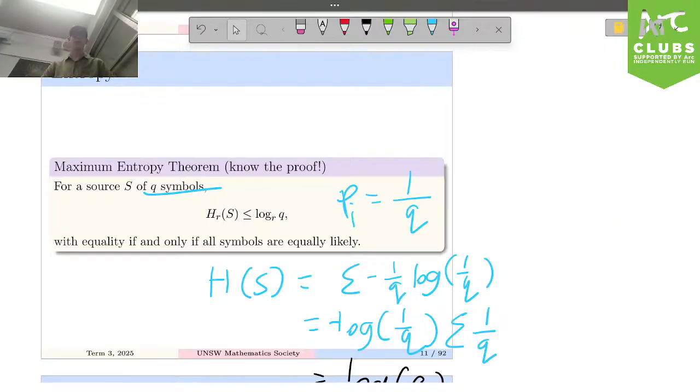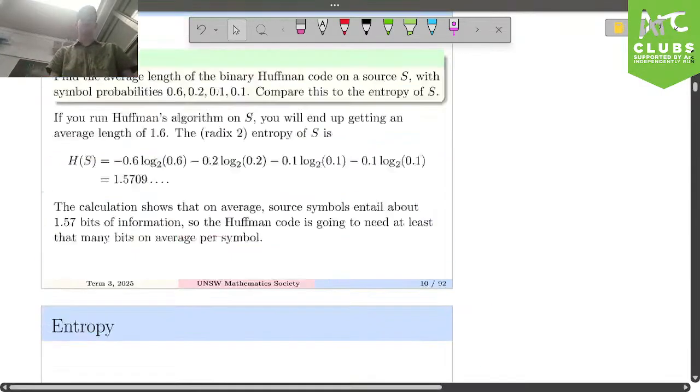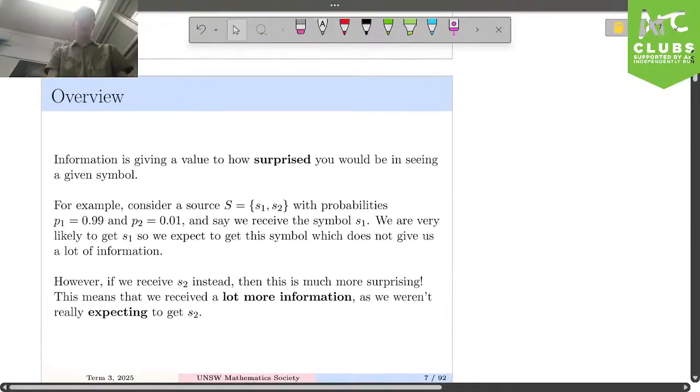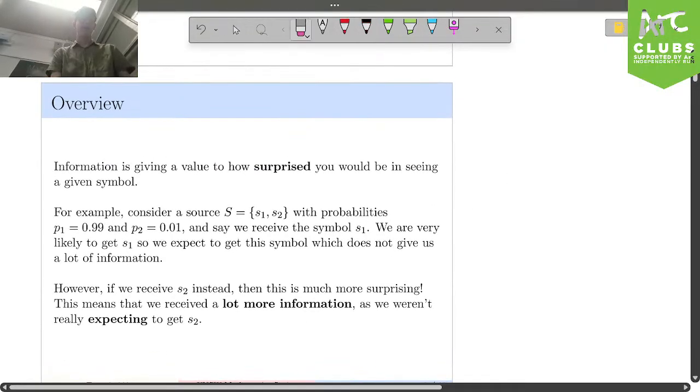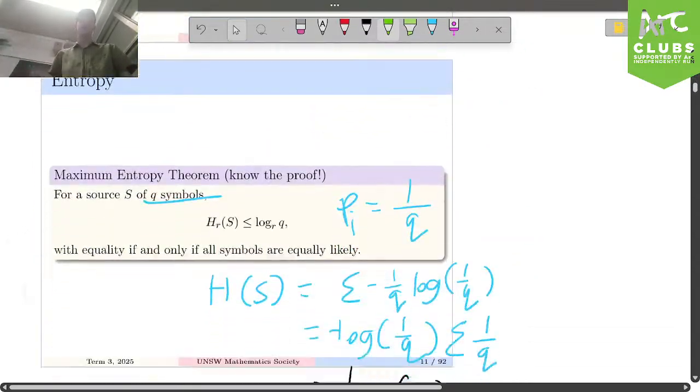It's probably more important to remember that when you get closer to less uneven distributions of the probabilities of your source symbols, then you get more information on average. Mathematically, when you have more of an imbalance, there are cases where you get high information unexpectedly a few times, but on the average you don't get much information. Similar to the example here, where you get a lot of information very rarely, whereas when they're closer to each other you get more information.